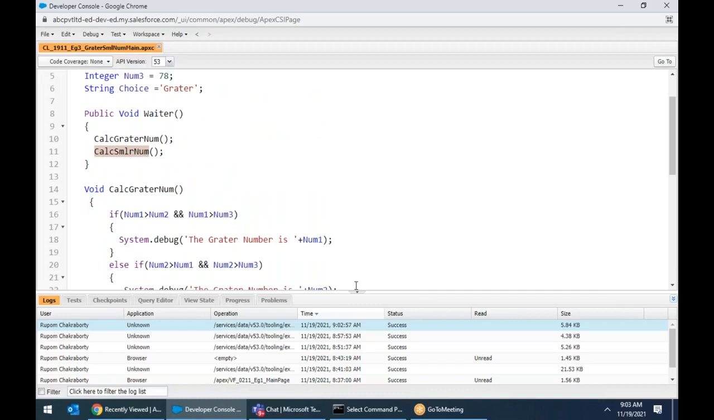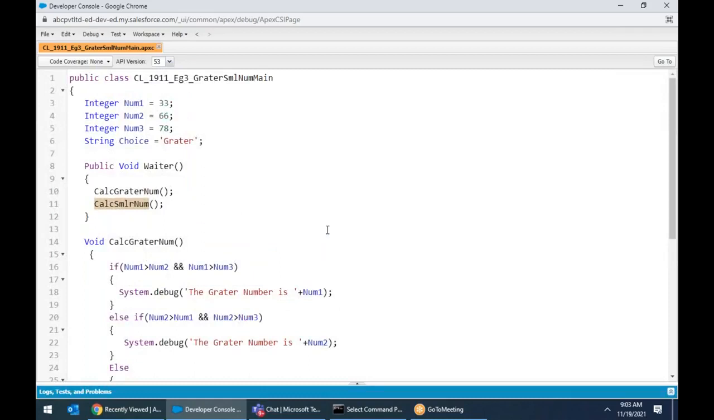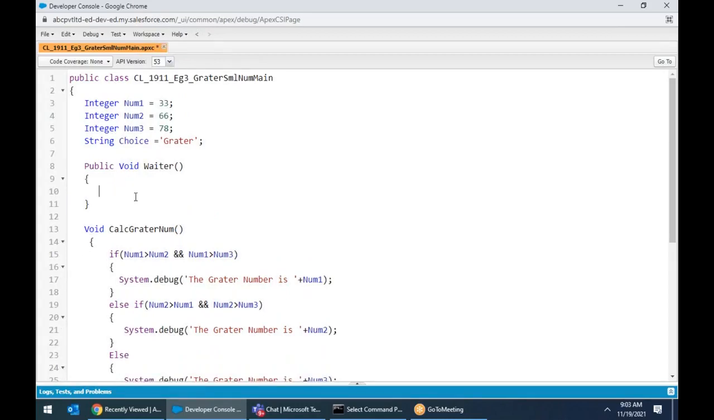Understood? Yes sir. Right? Yes, sir. Now I will remove this. I will say if choice equals to choice,